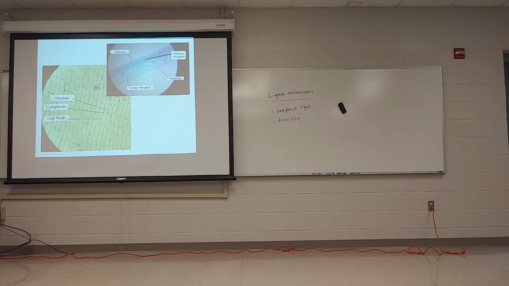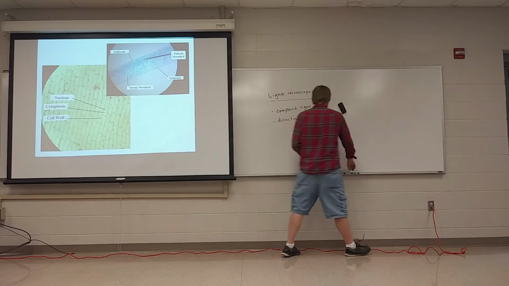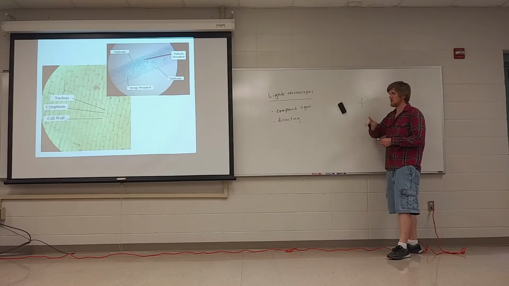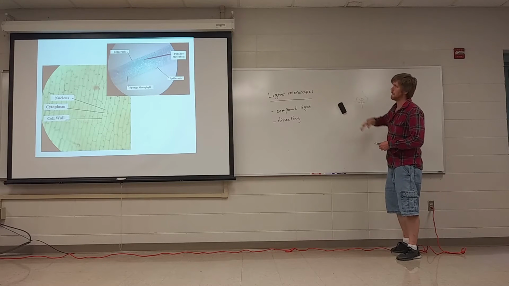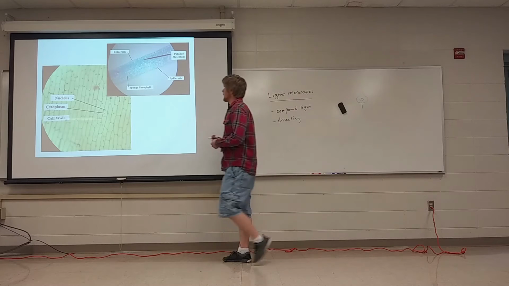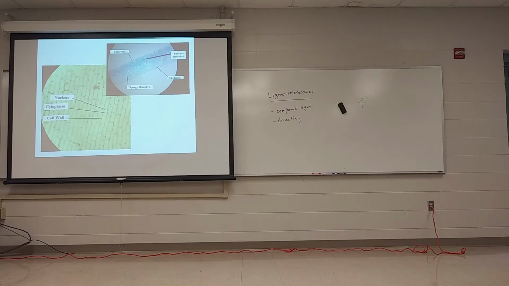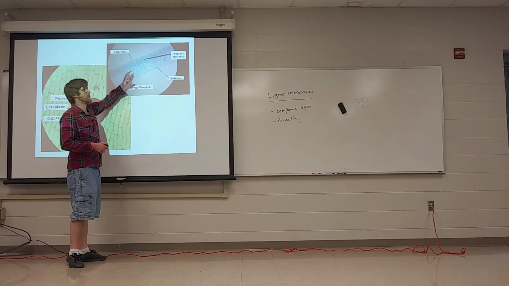Here's another example of an image you can get through a compound scope. This is a cross-section of a leaf. So ordinarily, you would look at a leaf like this. But this is looking at it basically turned to its side. Very thin. So you can see the sections there of the leaf, the mesophyll part in the middle, that's where the plant does photosynthesis. See the epidermis protecting the inner mesophyll.